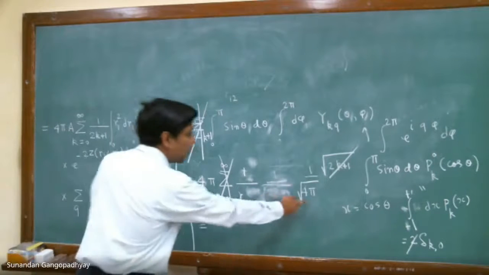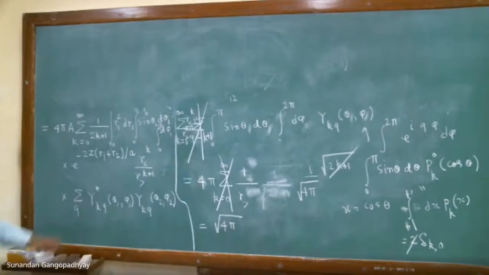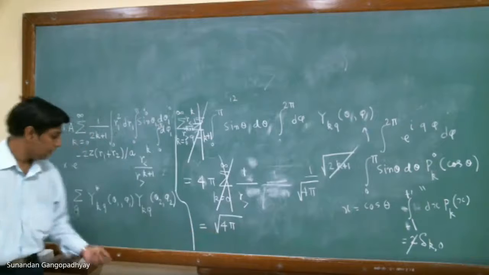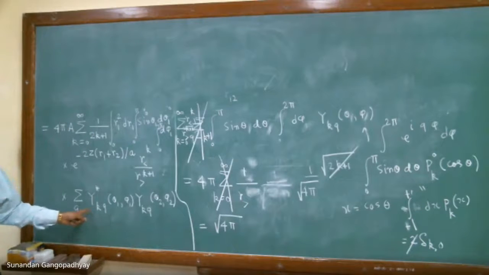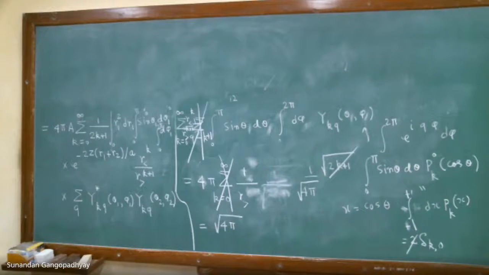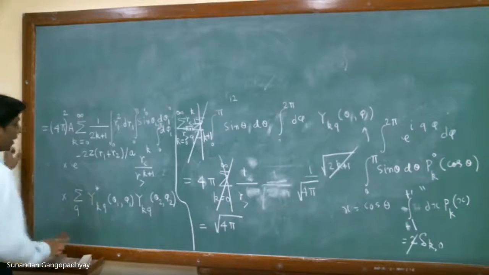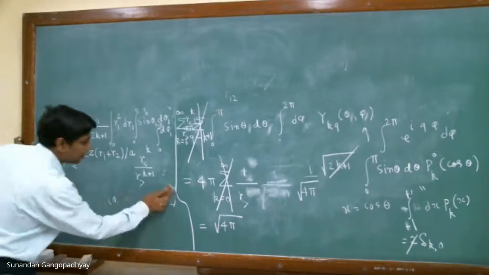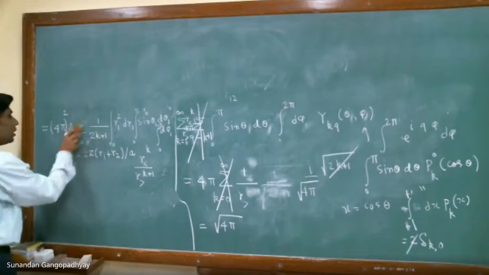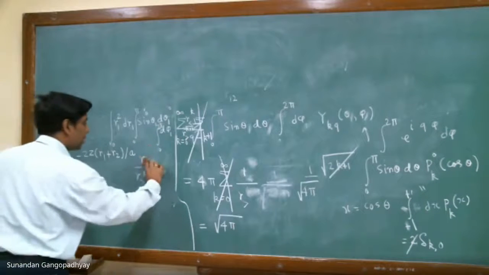this gives us, so 1 by square root of 4 pi and 4 pi, this will give us square root of 4 pi. So the value of this angular integral for one of this term is square root of 4 pi. If you do the same thing for this one, you will get another square root of 4 pi, so you will get a contribution of 4 pi from the angular integrals. So what you will finally get is this will become 4 pi whole square, and now you don't have these angular integrals anymore. Angular integrals are not there, this summation is not there, this 1 by 2k plus 1 is not there, this is not there.